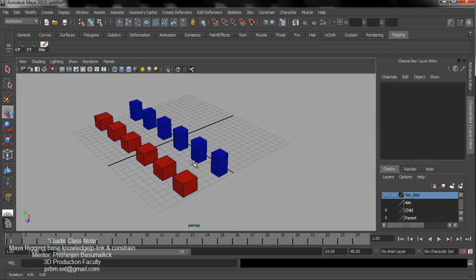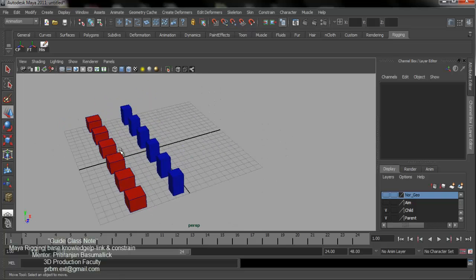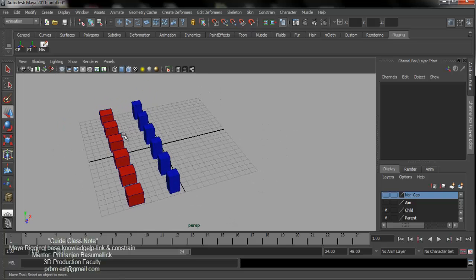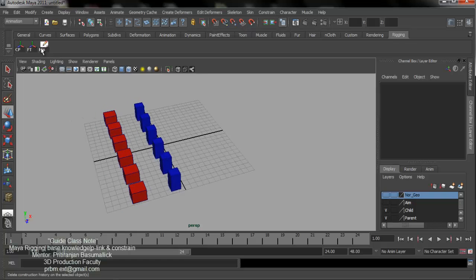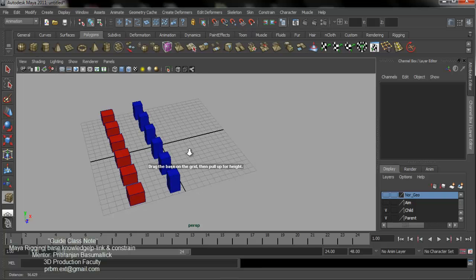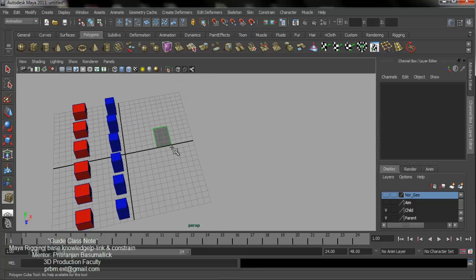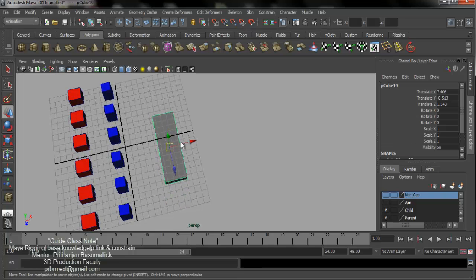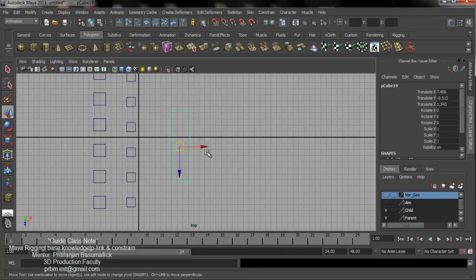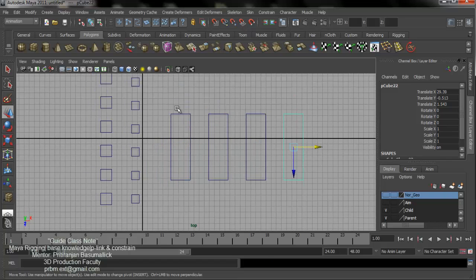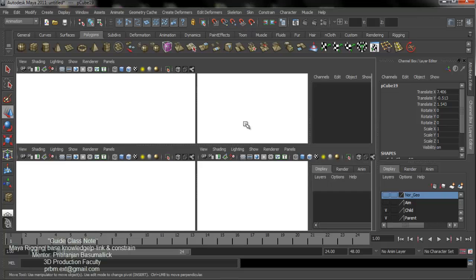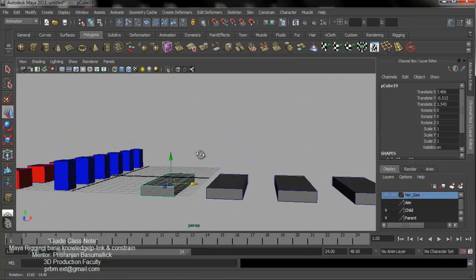Okay. Now one more thing that is important in the rigging department is the pivot point. Actually every object in 3D or in the real world has a center point. See, I will give a little demonstration of that. I create a box and I just copy it 4 times. I select this one, and this box has its center pivot point here.